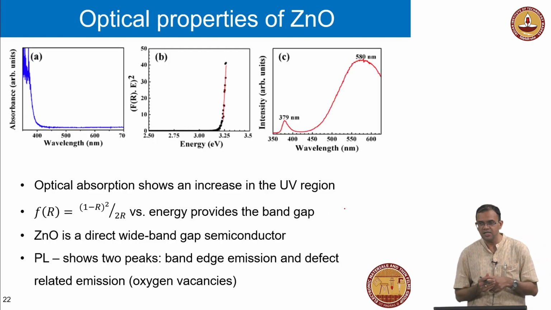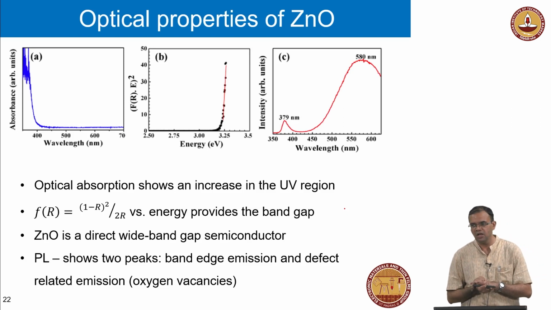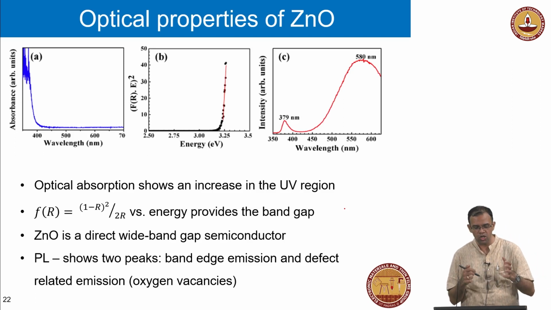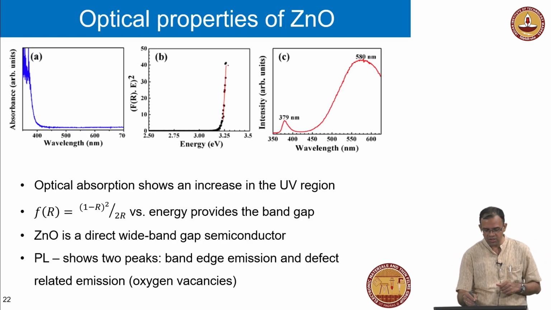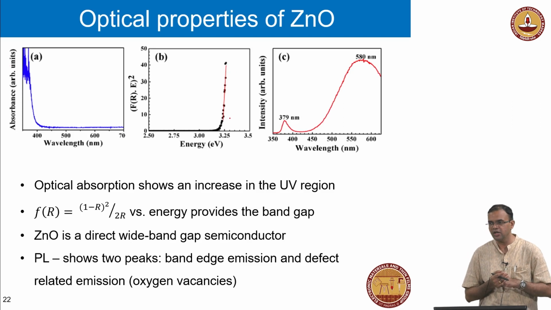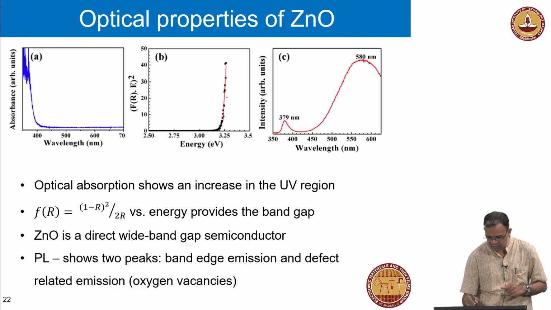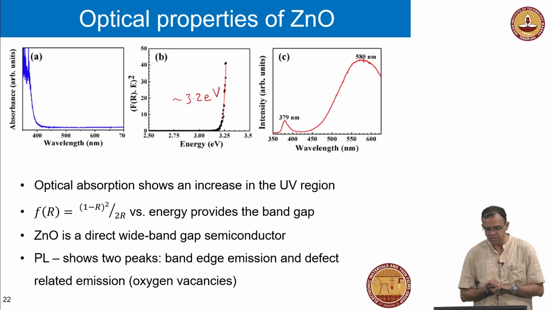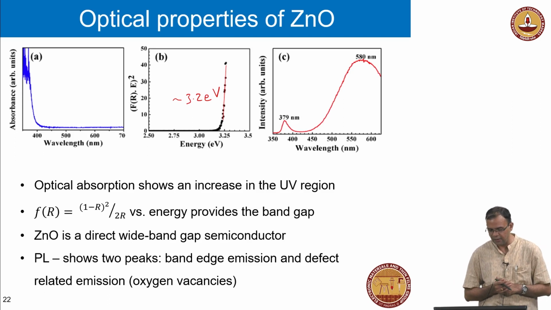So how do we characterize this? We look at the absorbance, so we do UV visible absorption. Zinc oxide, I told you earlier, is a wide band gap semiconductor, so it tends to absorb in the UV region, and then the absorbance is low. Based on that, we can look at the band gap of the material, and the band gap works out to be, if I remember right, approximately 3.2 eV, which is slightly lower than the bulk band gap, but it's possible because there are some defects in the material, and those defects are actually captured by